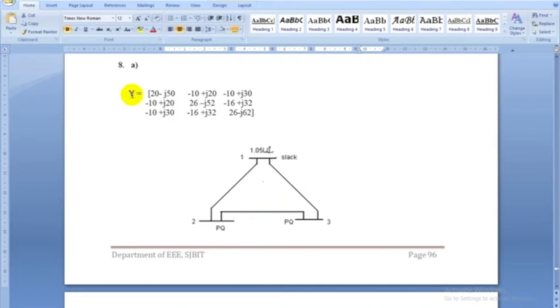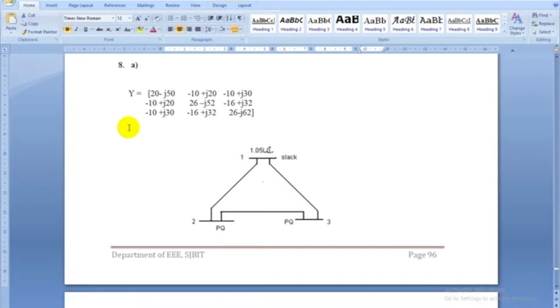the bus admittance matrix Y bus for a given 3-bus system. So the order of Y bus is equal to the number of buses. Okay, 3 buses, therefore 3 cross 3 it is given. This data we have to take first, and then we will do the theoretical calculations, coding, and thereby we will expect the result. So to understand this, all of you know the load flow analysis technique of NR method.